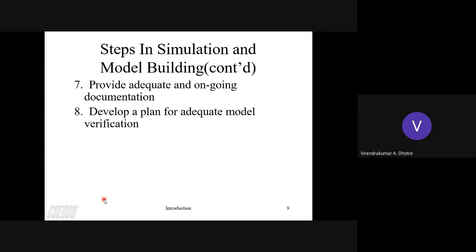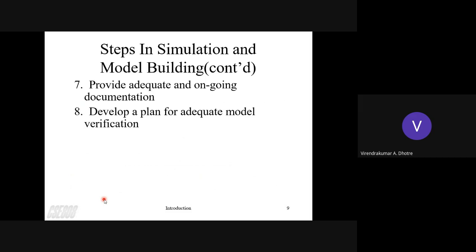So we have collected, but we have not documented. After some days, we forgot everything. That is the rule. So what to do? Better you write or create an entire documentation of each and every detail, small step, so that later on also you can refer to it. Last time, what you did in choosing the appropriate model simulation tool, you probably forget. But if you have documented that we compared seven, and out of that we have chosen this tool because it is advantageous, then such a documentation, if you prepare, definitely you will get everything.